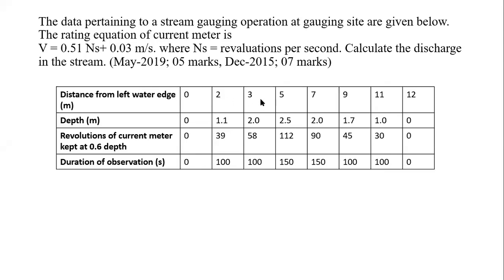And we are going to use here mid section method. So for mid section method we will be required to find out the average width. Okay, so average width into depth will be area. Then velocity, how to get the velocity? We have to find out the ns, that is the number of revolutions per second. It means we will be required to divide the number of revolutions by a time period, that is a second. So 39 by 100 will be rps, revolutions per second. If you put up that in this equation of the velocity, you will get velocity for that particular strip. Then that velocity into area of that strip will be the discharge passing through a particular strip. Okay, now we'll discuss those things in details.